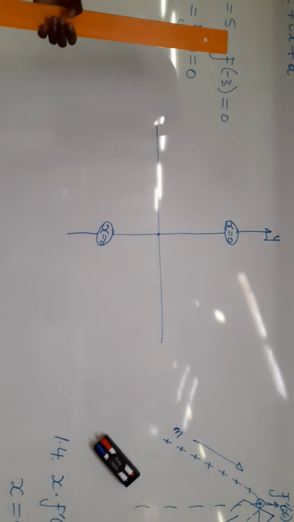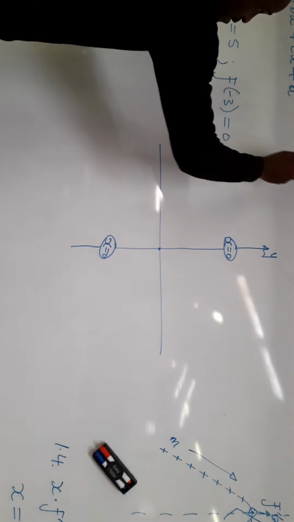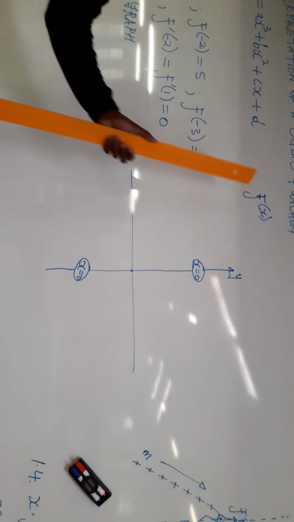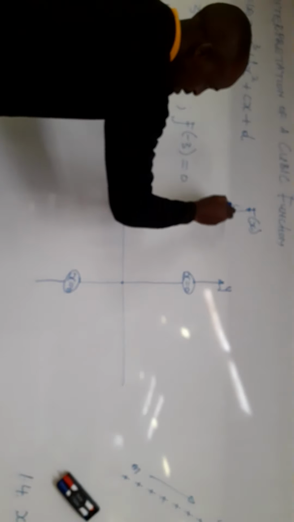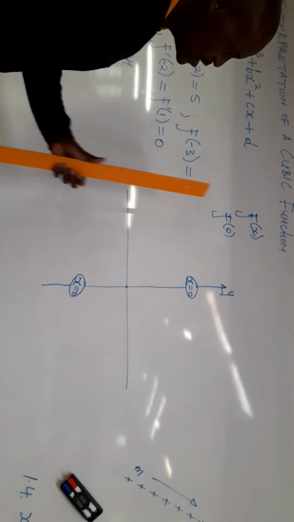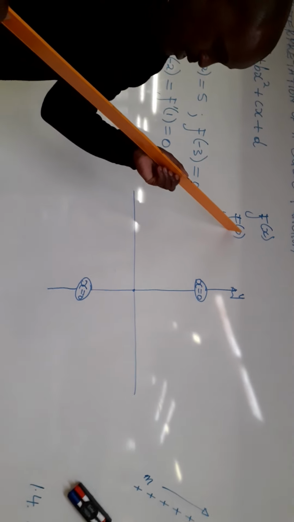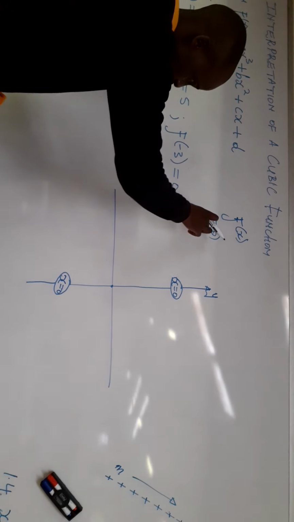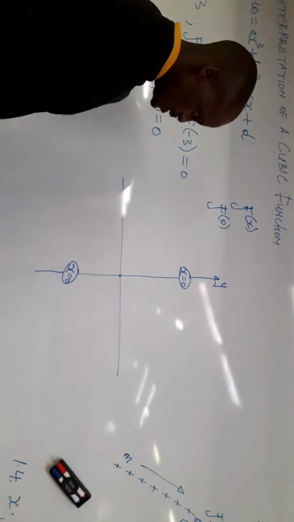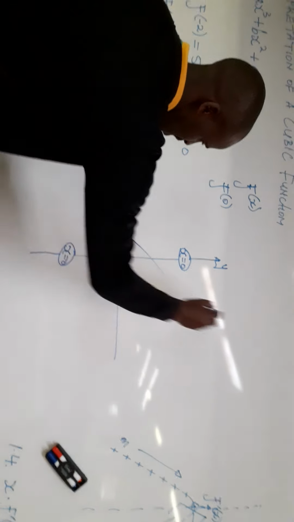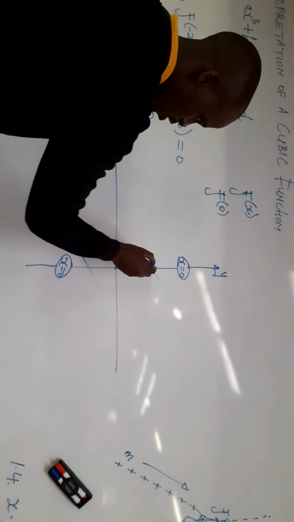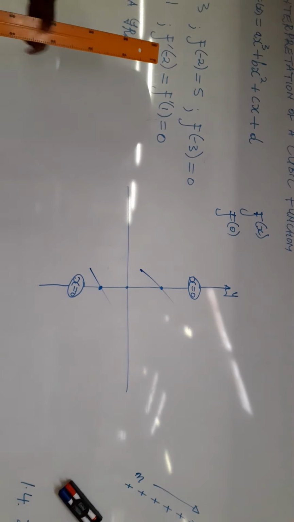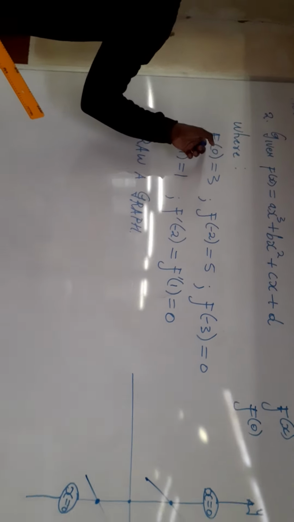equal to 0. When we say f, we've got f at x. F at x is our y. So once you start saying f at 0, that means it's where x is equal to 0. So when you look here, x is equal to 0 only on the y-axis. So when the graph cuts the y-axis, we call that point the y-intercept, which means this point will be our